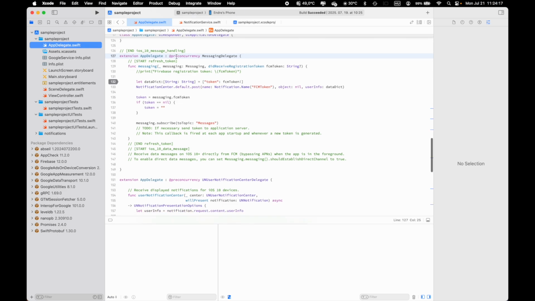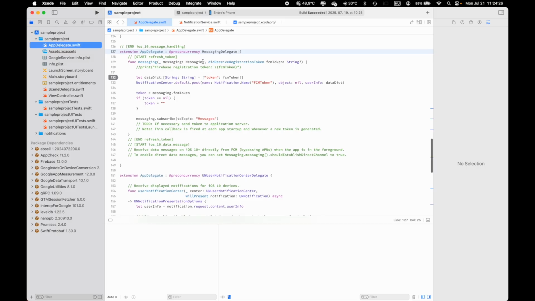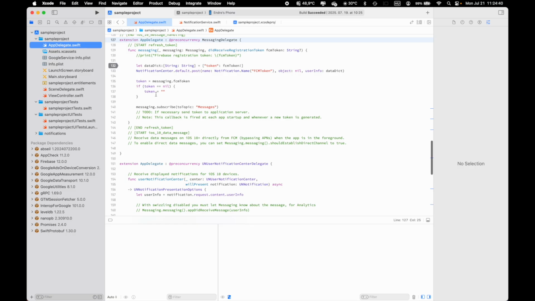So we can do it as an extension, or we can directly put this inside the application delegate class. There we need to define this messaging did receive registration token. This is basically receiving the Firebase registration token, and at this section we can also use this